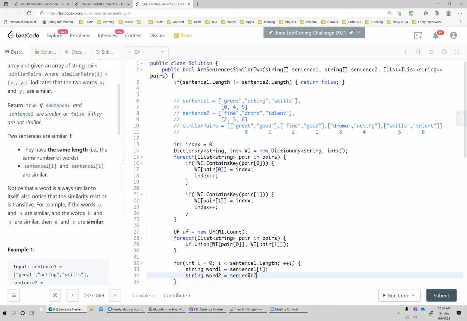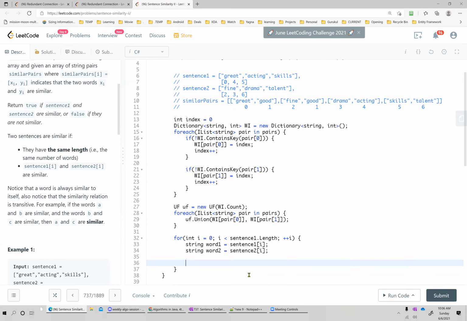So I got both words at index i as strings. What will I do? If they are the same, then ignore it, they are similar, continue. If equal, then okay. If not equal and both are in the given hash set, then we will check the DSU.